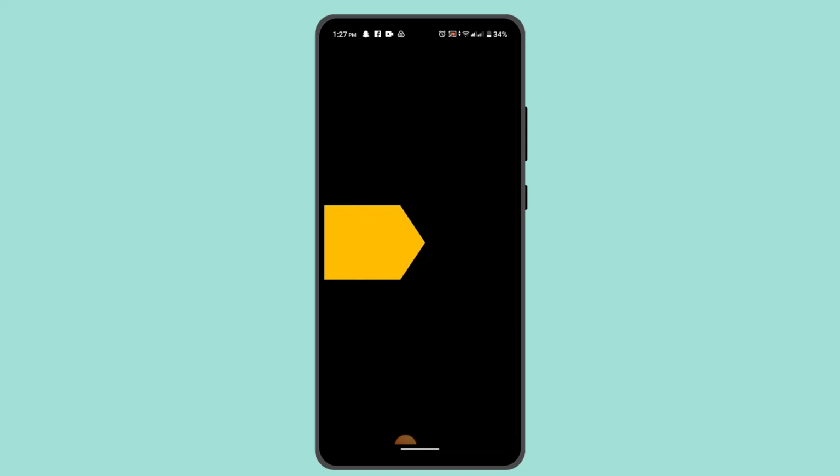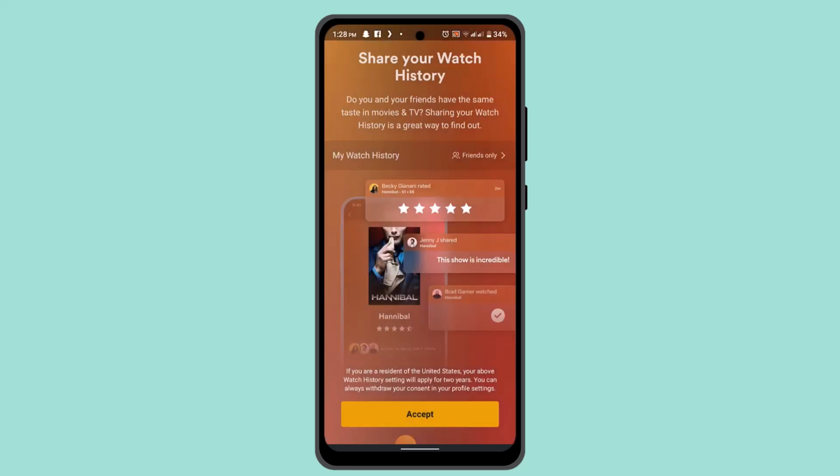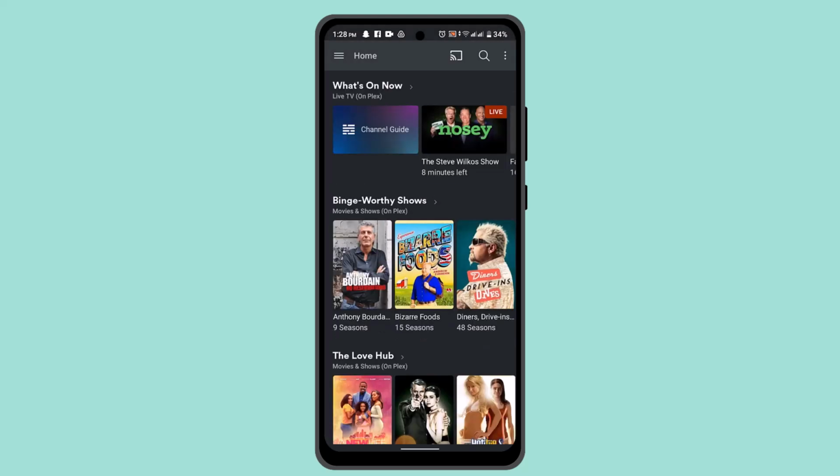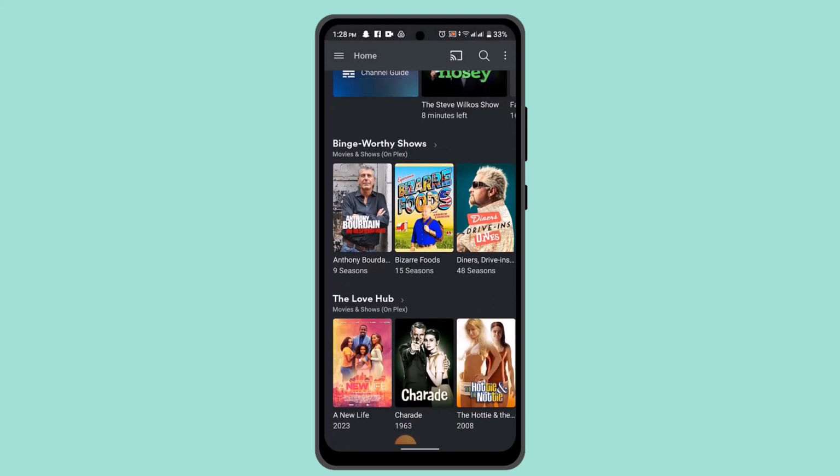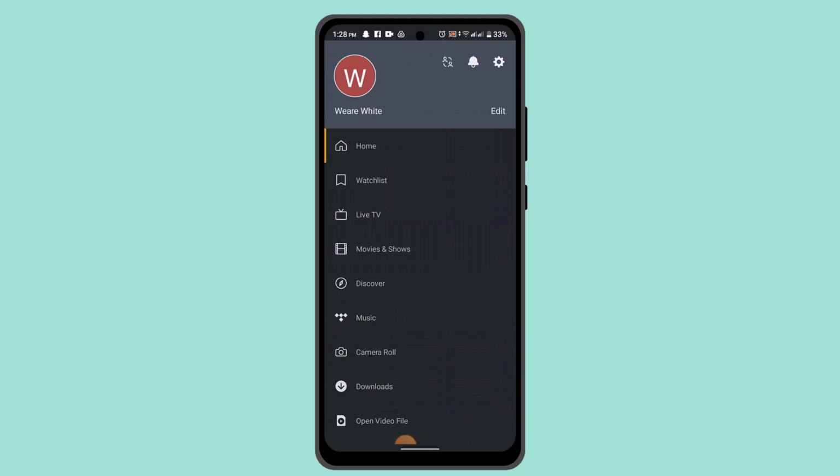Once you're logged in, that's going to directly take you to the home page, which is going to look something like this. Just go ahead and tap on the accept all button or enable the permission. And while you're logged in, tap on the tab bar icon from the top left hand side, and from here